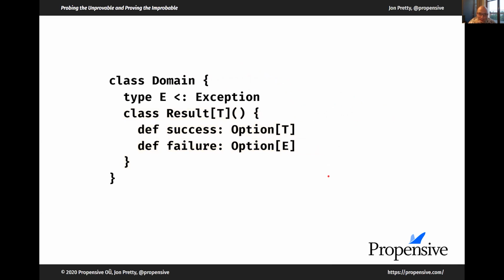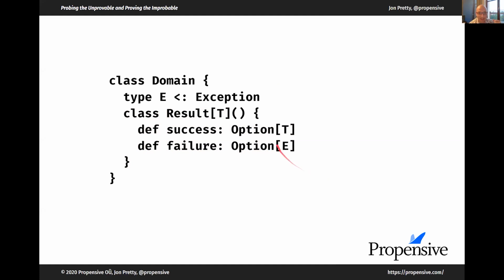Now the magic is that the outer reference always exists already. We have that anyway for any inner class. So what you maybe don't know is that when you nest one class inside another, you get a sort of secret parameter added to the class, which is called outer and points to the surrounding class.